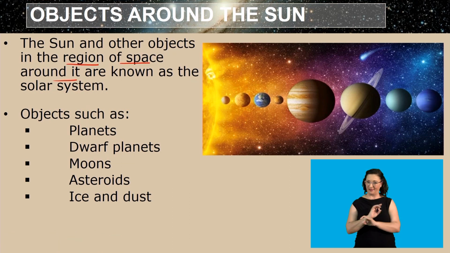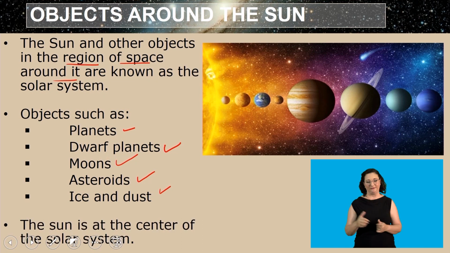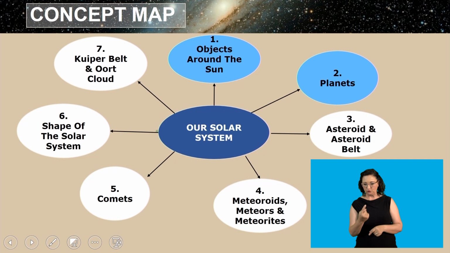Now, the objects that are around the sun: we have the planets, the dwarf planets, moons, asteroids, ice, as well as dust. These are the objects that are around the sun. The sun is at the center of the solar system. As we go on, we will be specific about the different types of objects and look at them individually. Now that we have looked at the objects around the sun, let us move on to the second concept,